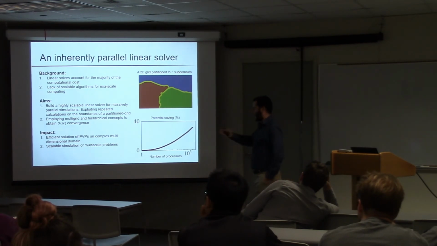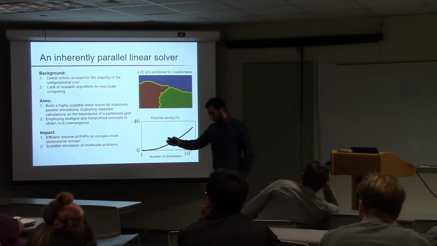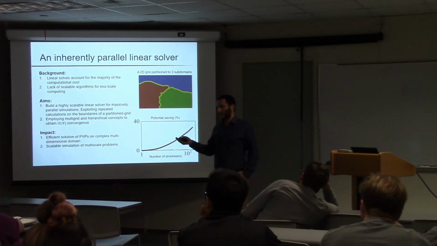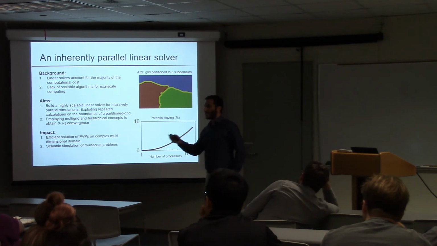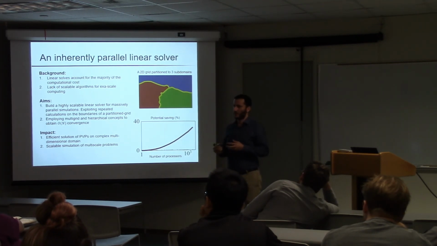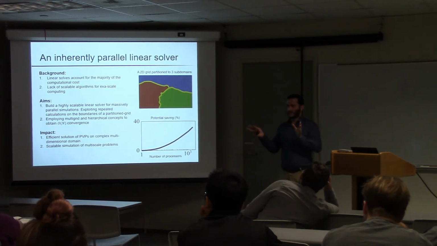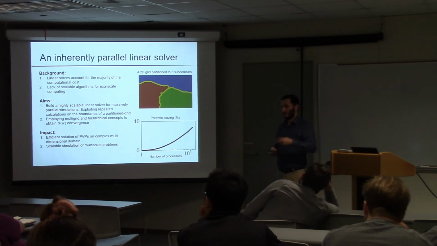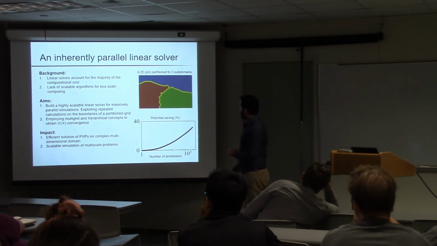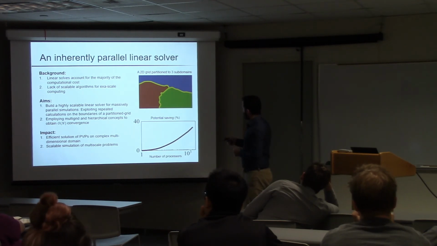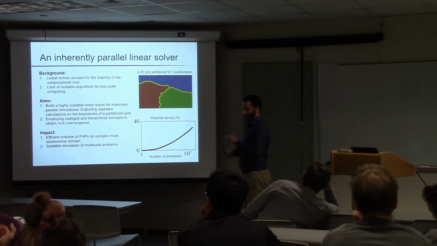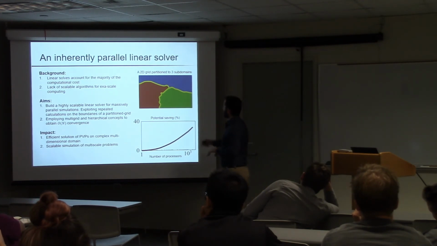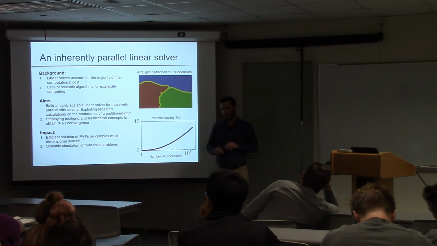Think about it this way: let's say you have a project that you have to do, and if you give it to one person, they might finish it in 10 hours. But if you give the same project to 10 people, they have to communicate with each other and figure out the solution. So the total time it's going to take for them to complete that project is going to be way more than 10 man hours. If you ask 1,000 people, you're not necessarily going to finish the project in a shorter time. The way to think about it in this case is that you're going to have some boundaries at the partitions where you have to do calculation repeatedly, right?